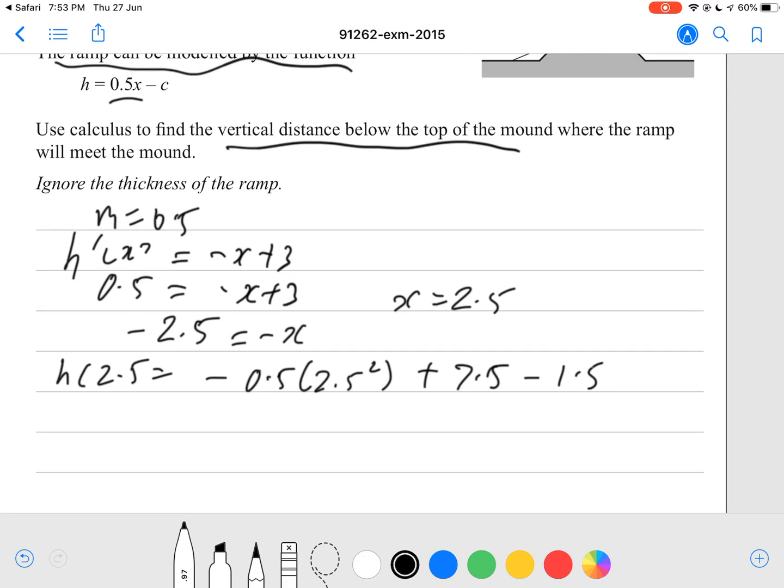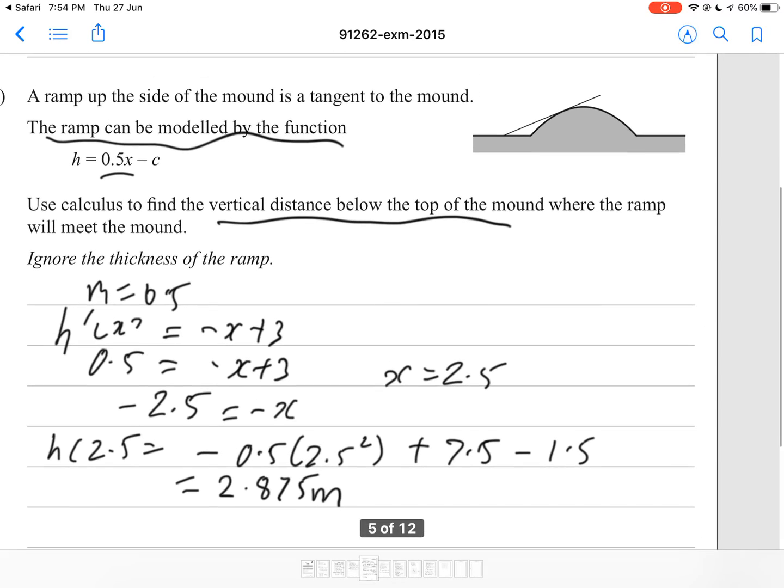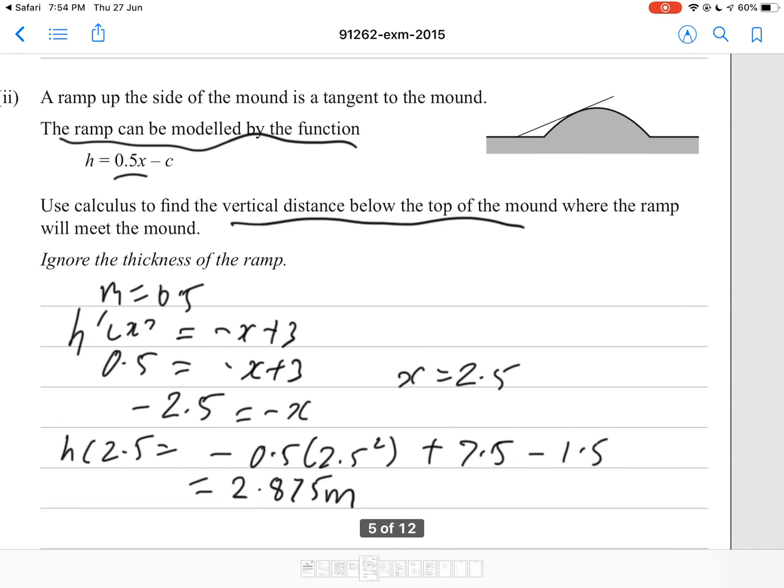No, sorry, I'm doing this wrong. So 2.5 squared times 0.5, plus 7.5 minus 1.5. That gives you a height of 2.875 meters. Okay, so we're not quite done. Use calculus to find the vertical distance below the top of the mound where the ramp will meet the mound. Okay. So basically,